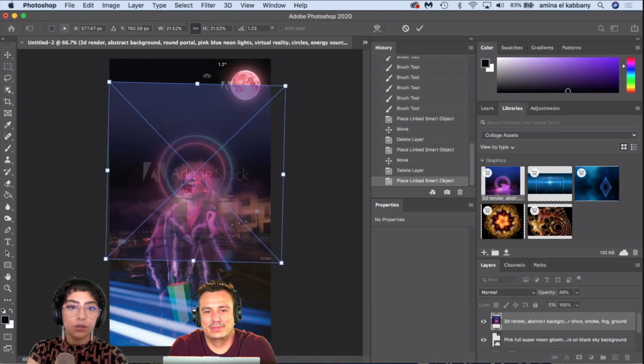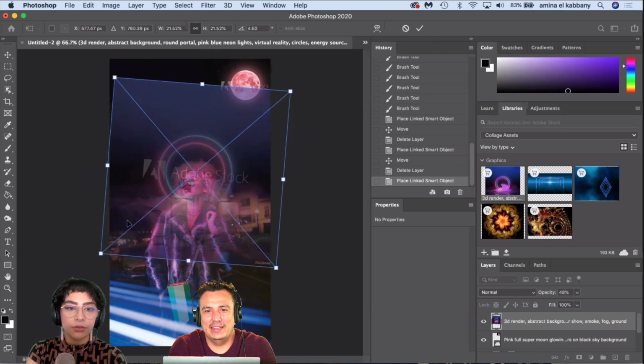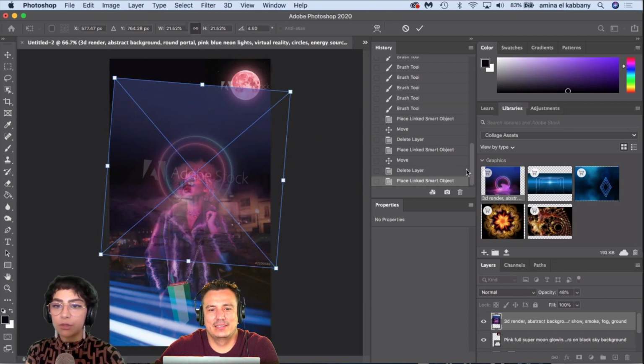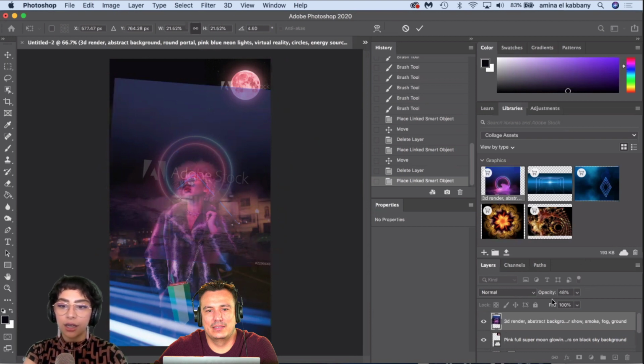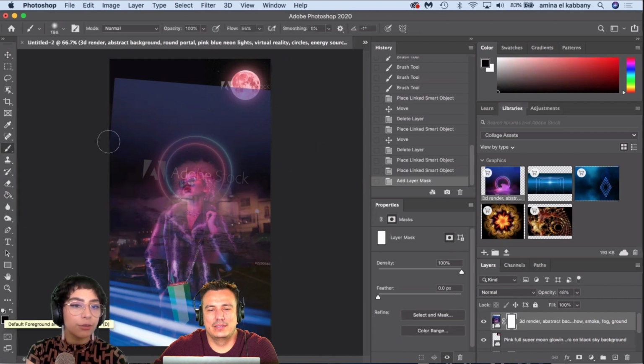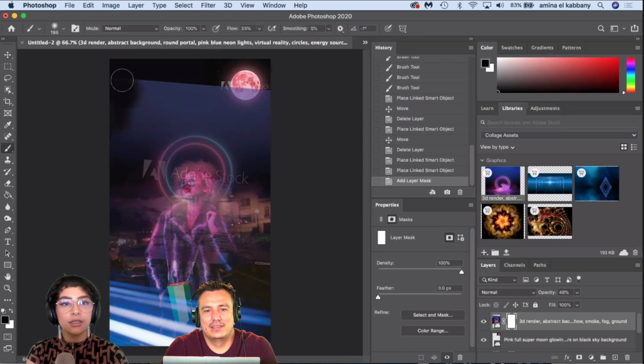That looks kind of cool. What do we think? I like it. Yeah. Okay. Let's go with that. So I'm choosing that image. Let's add that there and let's add a mask to erase the additional information that we don't need. Cool.